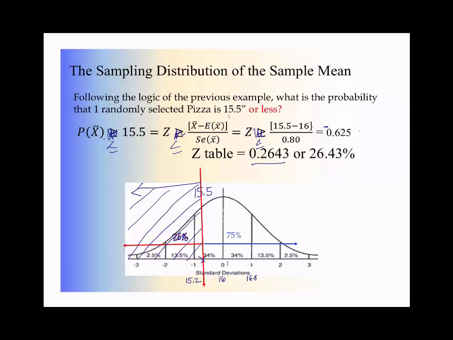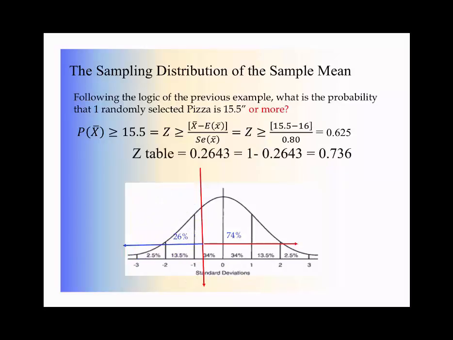Now, on this next one, I have the same exact thing, but I'm doing it or greater. So here, now we've got the inequalities facing the correct direction. And now what we want to know is the chances that our pizza is actually going to be here or greater, because we'd much rather have it be greater than 15.5 inches. And what we find out is that we've got a 74% chance that our pizza is going to be greater than 15.5 inches. And we go through the same exact process.